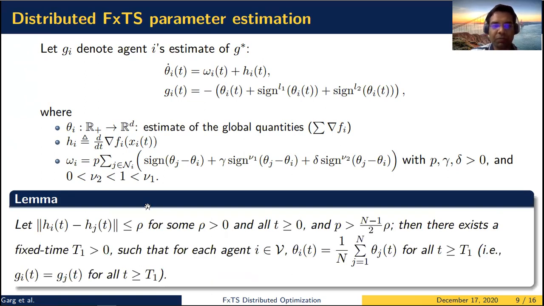So this is what we show in this result, which basically says that if these hi's are close enough, where this rho can be arbitrarily large, but it has to be a finite value. So if these hi's are bounded, or the differences between hi's are bounded, then there exists a gain such that if we apply this control law for the theta I dynamics, then all the theta i's would converge to the same value, or equivalently, all the gi's would converge to the same value. Note that this gi is still not equal to g star, and that is something that we achieve in the